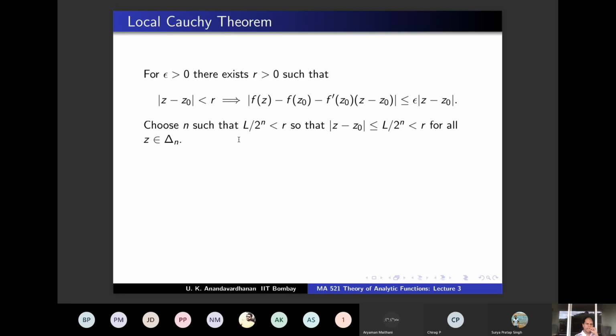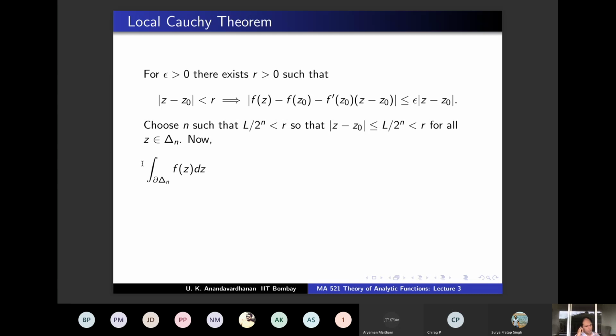So if you choose n such that L by 2 power n is less than R, then you are getting mod z minus z naught is less than or equal to the length of the boundary, which is less than R, for all z in delta n. So on this triangle, on the boundary of this triangle, if you integrate f(z) dz,